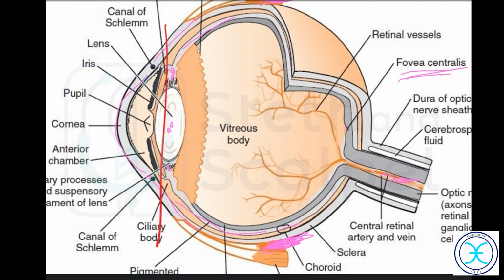Before going to all of this, I just wanted to talk a little bit about embryology of the eye. It's a very rare question, but it's asked sometimes in the exam. So we'll just touch upon it. Can someone tell me the different layers from which the eye develops? Like you have endoderm, mesoderm, ectoderm, right? So from which layers do you think the eye develops? Neuroectoderm. Yeah, that is partly right. Anything else?